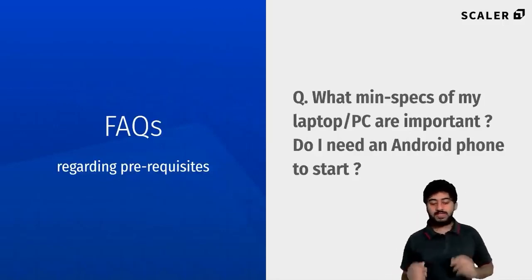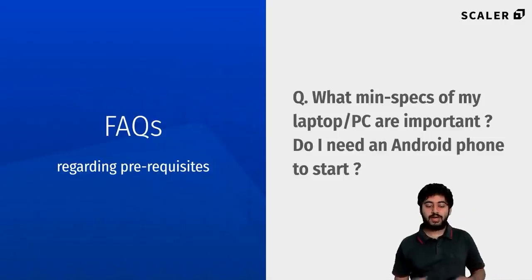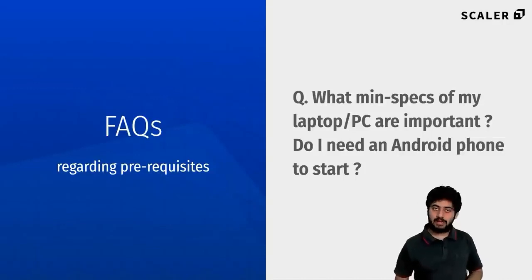Okay, what are the minimum specifications of my laptop or PC, and do I need to have an Android phone? For this, I would say you do need a somewhat powerful computer, because running Android Studio, of course, takes a bit of resources. So something equivalent to at least an 8th or 9th gen Core i5 kind of machine, and at least 8 GB of RAM. 16 is preferable, because during the compilation process it really helps if you have that. Do you need an Android phone? I would say yes. You can run things on an emulator on your laptop, but that slows down your laptop, and more than that, it's much easier to test if you actually have a device to test on. So I generally suggest going for that.